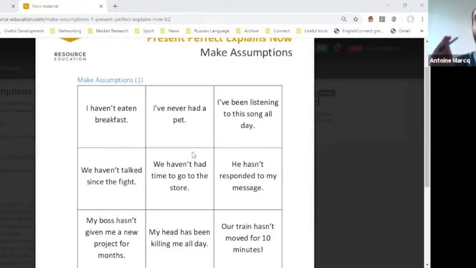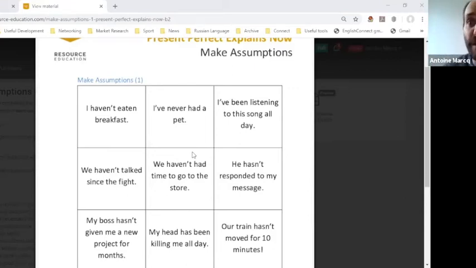This is a great activity. I highly recommend it. If ever in the future you are going to teach present perfect, please use these activities. You'll be amazed at how fast your students are going to grasp present perfect like never before. This is really what native speakers do when they hear present perfect. We read between the lines.